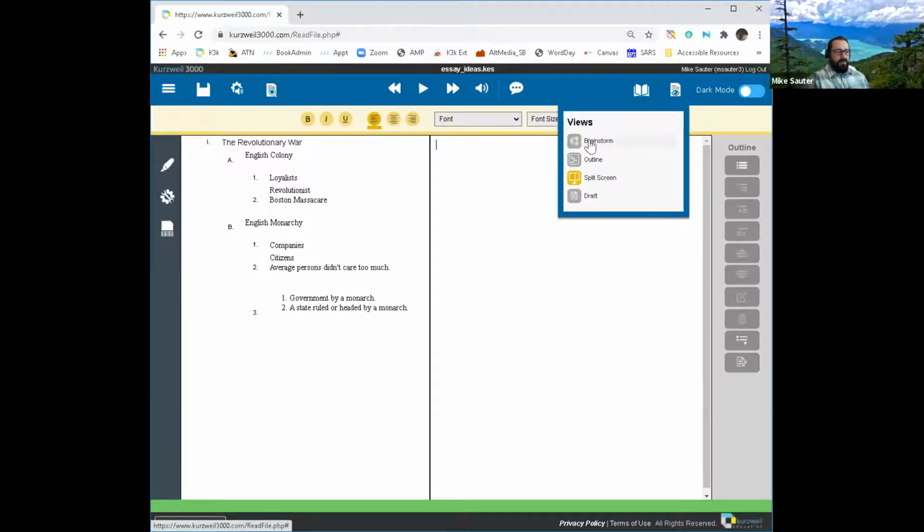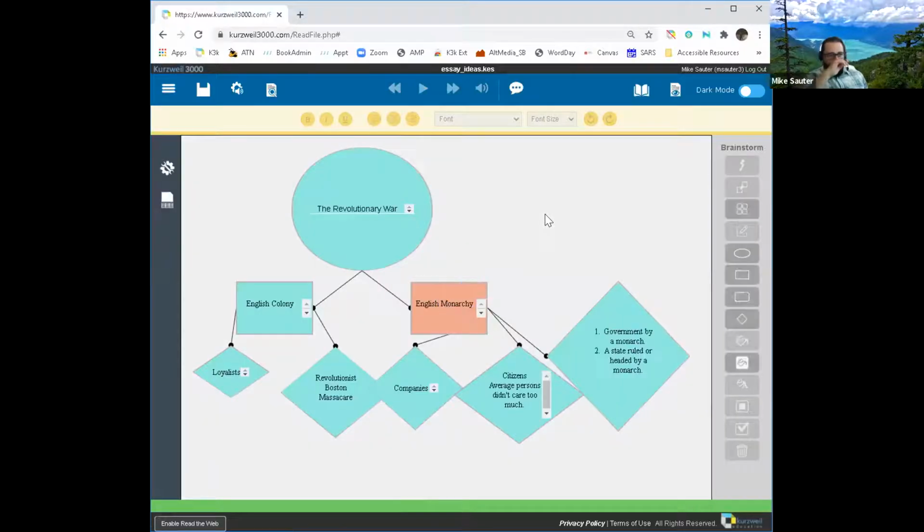So let's snap back to brainstorm. So that's a real quick overview of the brainstorm tool. I think it has a lot of value, especially as we're trying to write our papers, we're trying to put our thoughts down clearly. I mean, how many times I've had it happen where I've gotten a paper back and the notes on top said it just didn't flow. It was missing things. Well, this will allow me to see visually what I'm thinking and then be able to write to that.